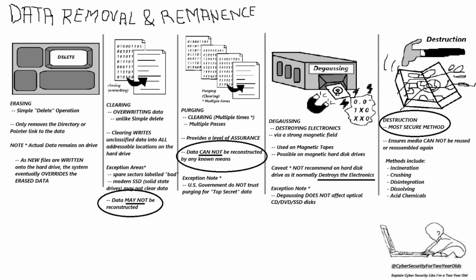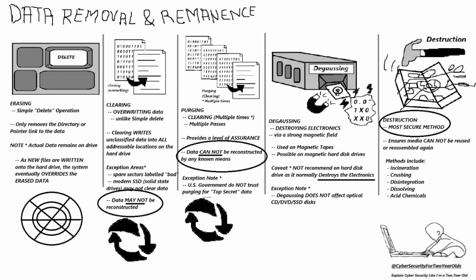So, to further recap and cement our knowledge, the two methods of clearing and purging allow reuse of media, with the main difference being the degree of confidence of the data removal. And the erasing, aka delete operation, is a false operation in that it does not really delete the data. However, the location of the data on the disk is reformatted or repointed to allow reuse and overwriting of new data. But the risk is that this data can be reconstructed.